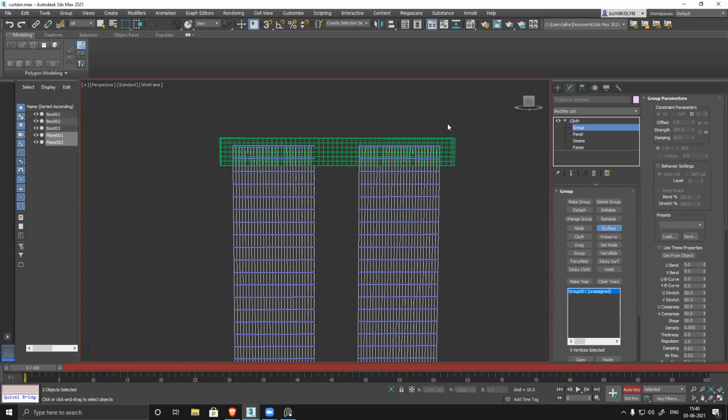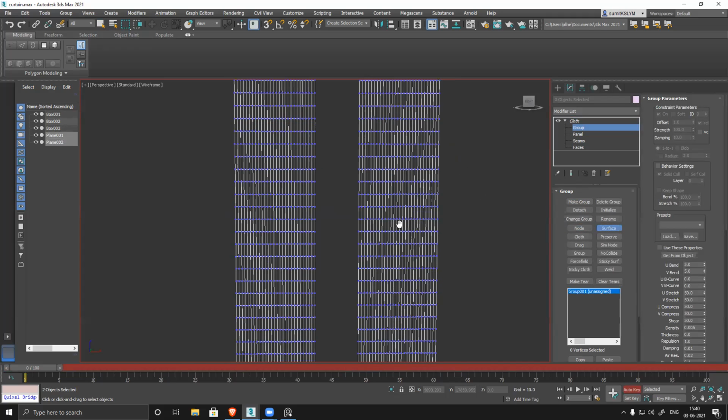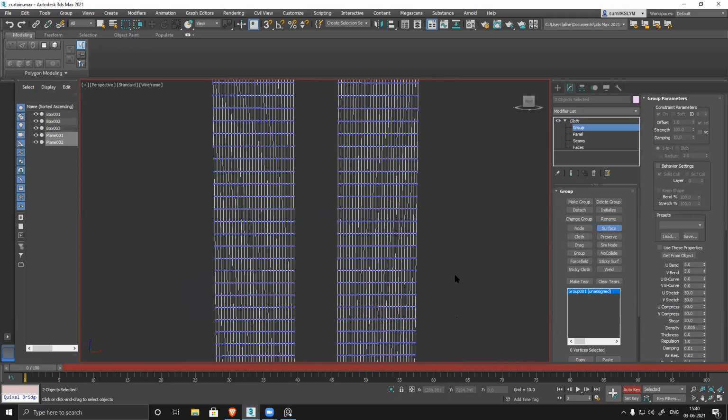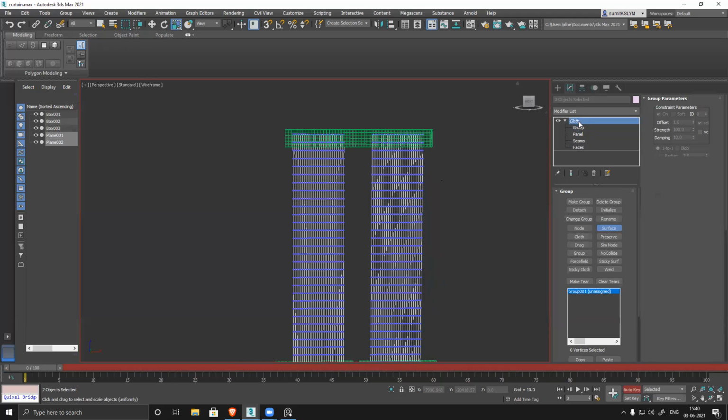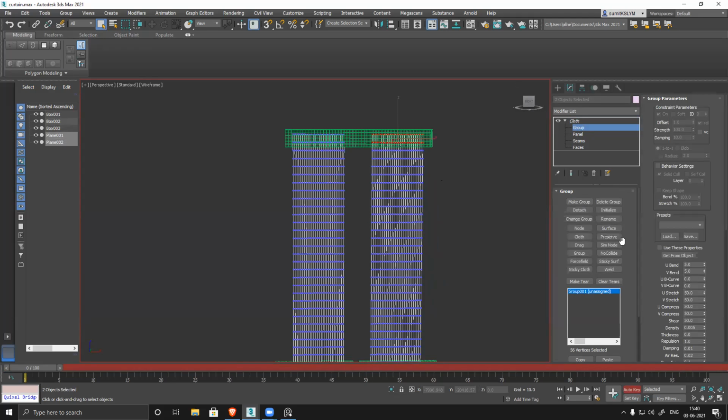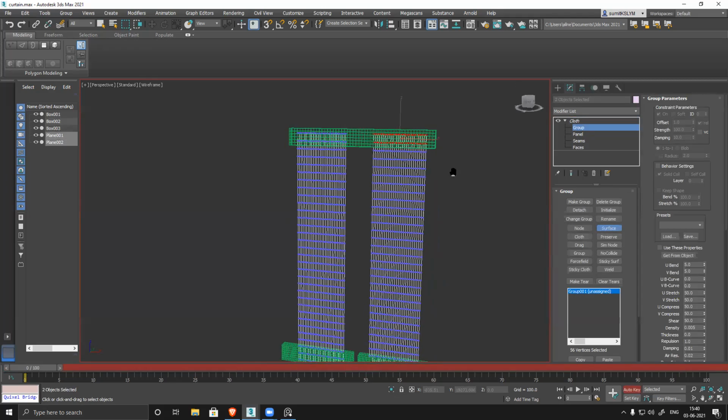Why is surface not working? Sir, when I'm going to the cloth option again, and when I'm going to surface, at that time it's working. Like I'm clicking on cloth, yeah. Again, I'm going to group, and when I'm clicking on this group, group 001 as surface, and then when I'm clicking on it, at that time it was working. Same problem I also faced yesterday.